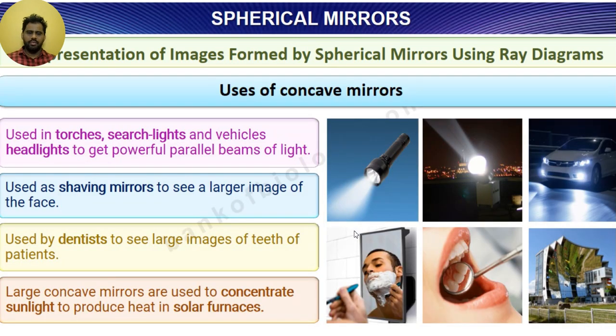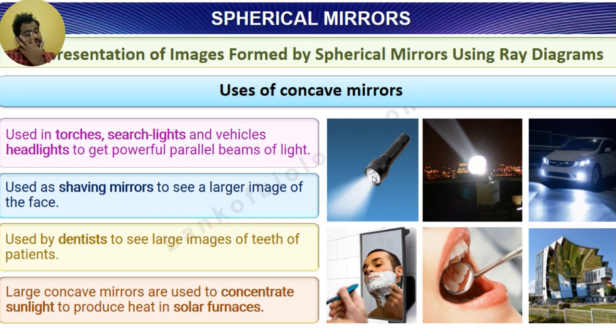Now let us see what the uses of a concave mirror are. This is important. This can be asked in the exam: list the various uses of concave mirror. Where are concave mirrors used? First of all, a concave mirror converges light. So where is it used? It is used in torches. Whatever torch we use,